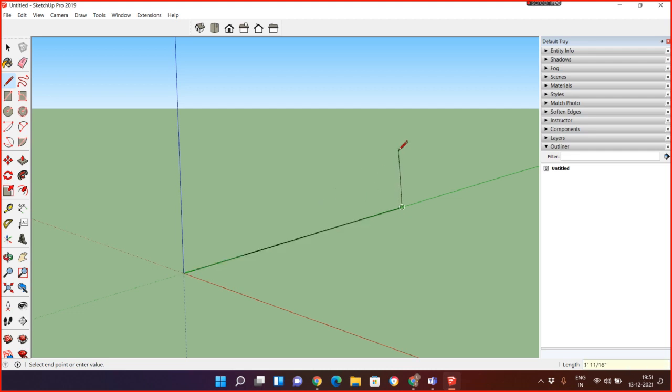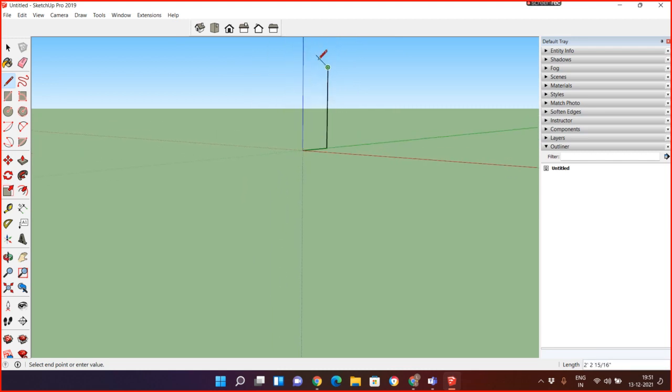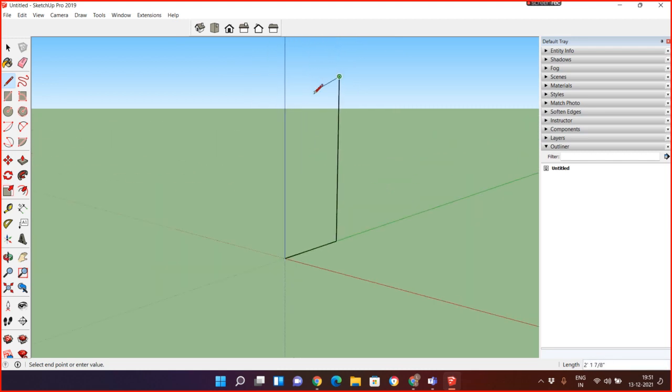Now I want the upper side, so press up and type 10 feet. Now again the green axis: press right, 5 feet, and click here. It becomes closed.